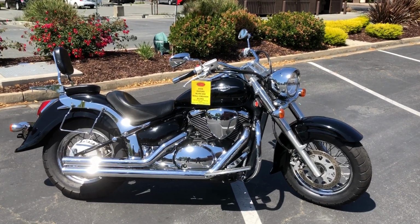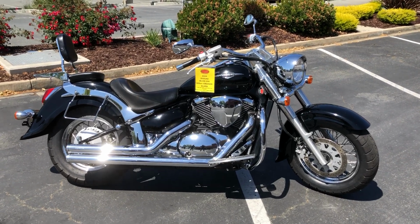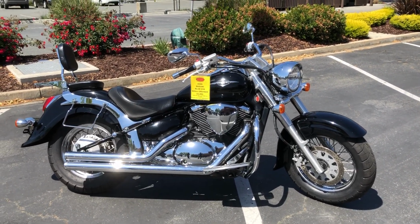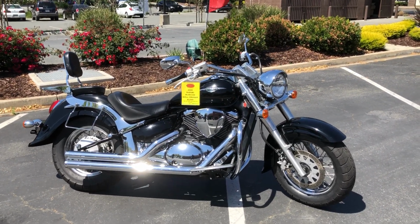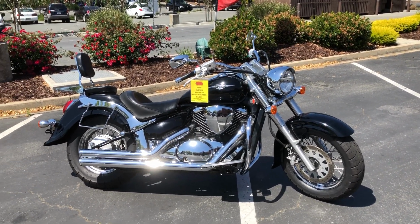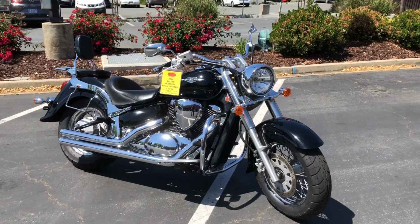Here we are at Contra Costa Powersports at our new location, 1150 Concord Ave. And today we have our 2009 Suzuki Boulevard C50. This is a beautiful classic style cruiser,